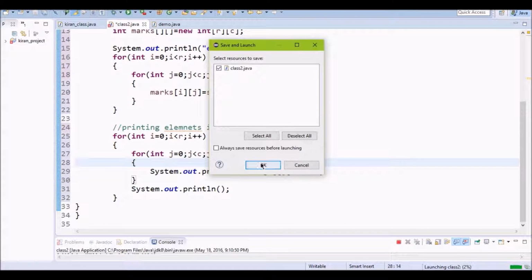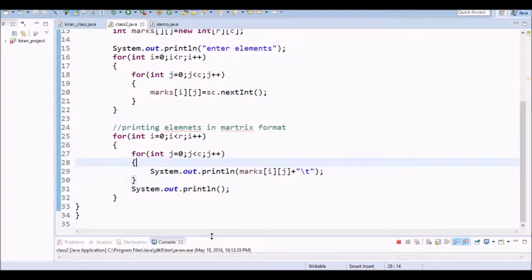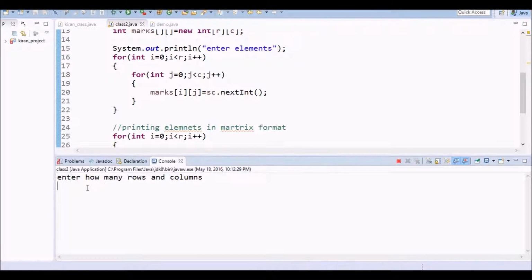Now let us check here. Enter how many rows. I am entering 3 rows and 4 columns. Okay, 3 into 4, 12. Now let us check. 1 enter, 2 enter, 3 enter, 4 enter, 5 enter, 6 enter, 7 enter, 8 enter, 9, 10, 11, 12.